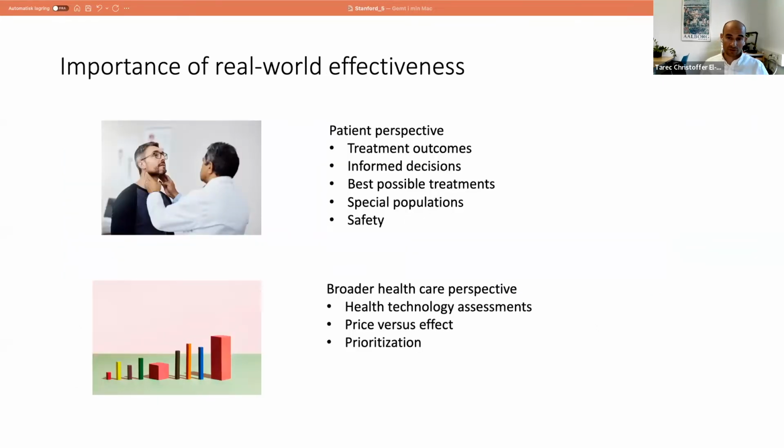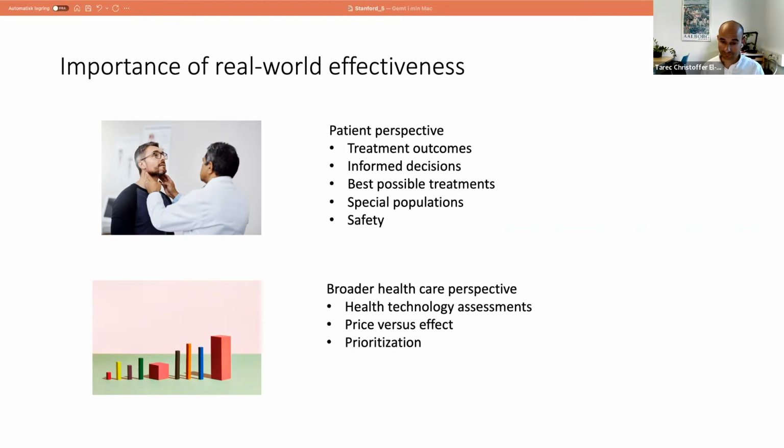And it's really important to look at the real world effectiveness from the patient perspective, because patients need to know what the likely treatment outcomes are, in order to make informed treatment decisions, and also to know the best possible treatments. And especially when we come to the special populations and safety, then knowing the effect of new treatments in patients with poor renal functions or patients with high levels of comorbidity is